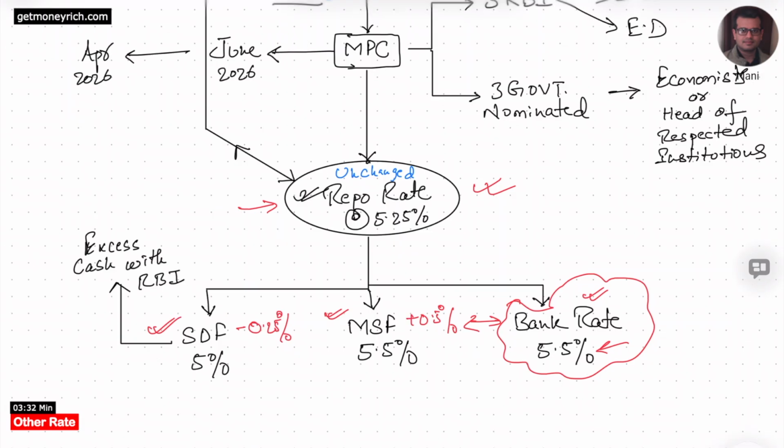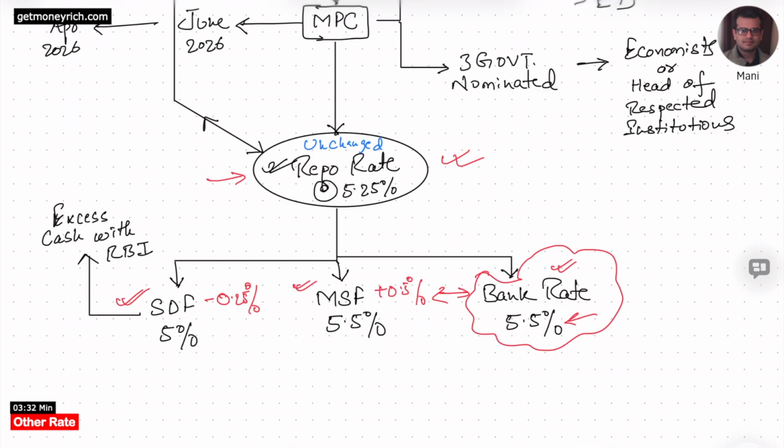Now let's understand what is MSF. Suppose there is an emergency for the bank and the bank wants to raise funds on an overnight basis. So they will approach RBI and they will say that there is an emergency. I want money urgently. So in that case, the RBI will not ask for any collateral. They will not say, okay, wait, I will give you in 2 days. They will not do these kinds of things. Overnight, they will issue the funds to the bank. But in that case, the RBI will charge a higher interest rate than the repo rate. And that rate is called MSF, marginal standing facility.